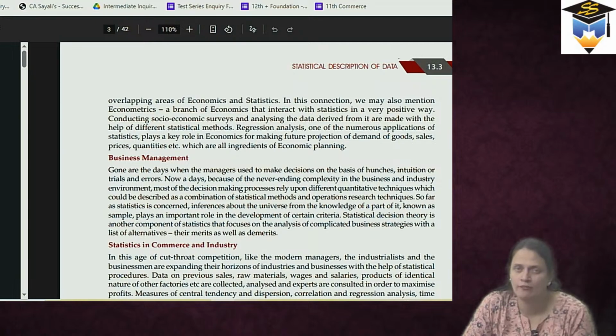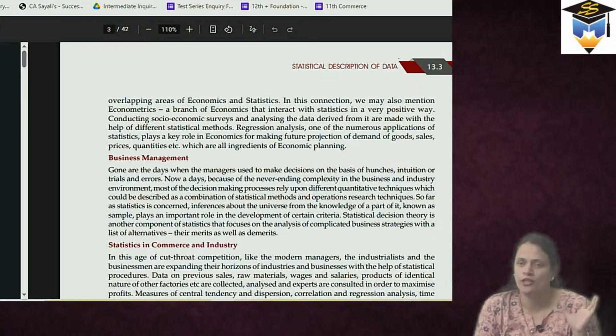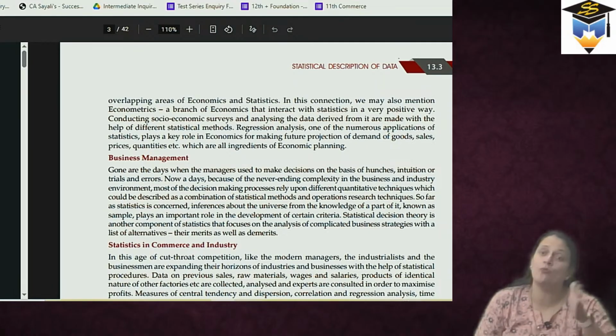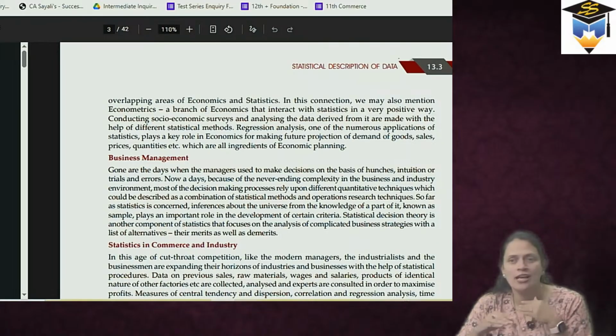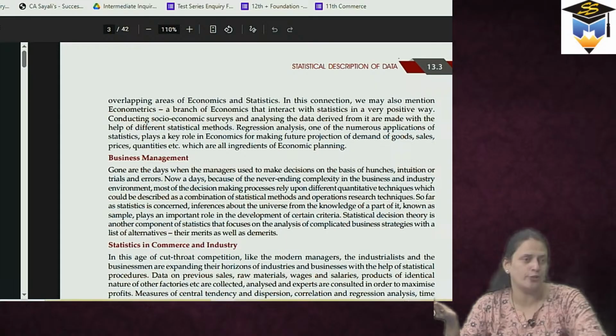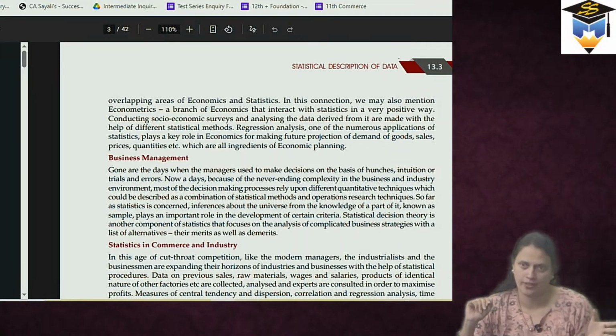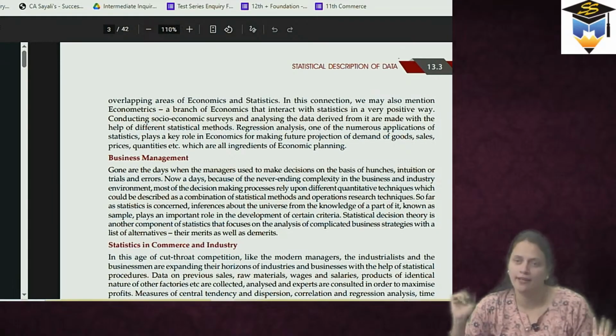So when we talk about business management, statistical decision is made on a particular thing. In management, decisions have to be made in advance of the actual condition. Correct? So decisions have to be made, and accordingly, if you act on those decisions, then your business is going to flourish in a positive way. Otherwise, if you don't follow it correctly, then it may decline also.